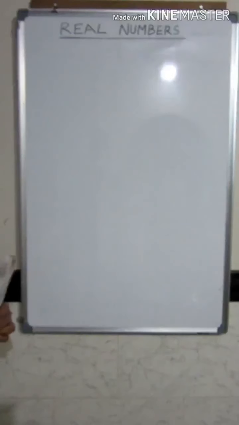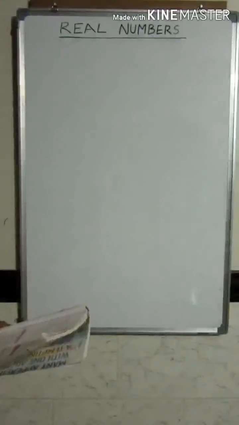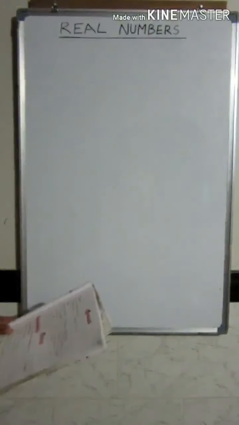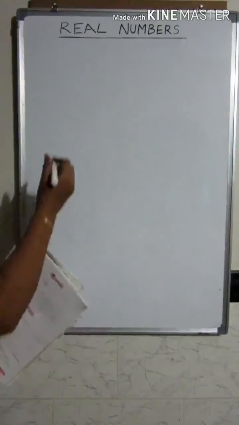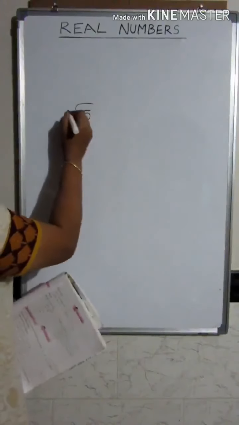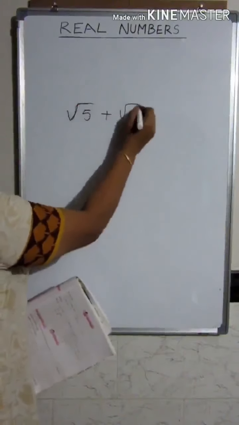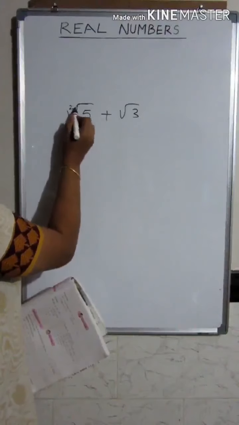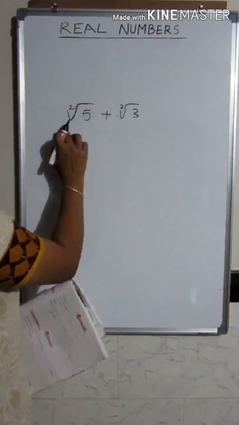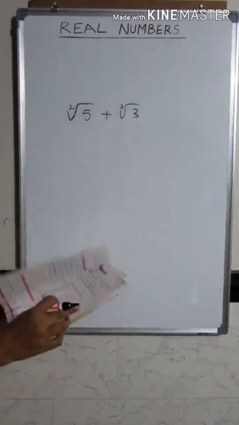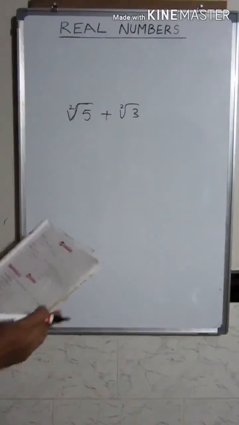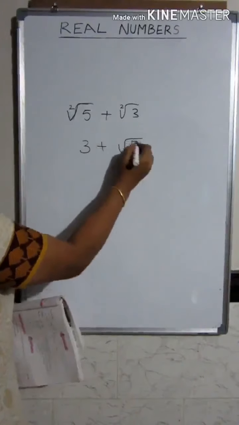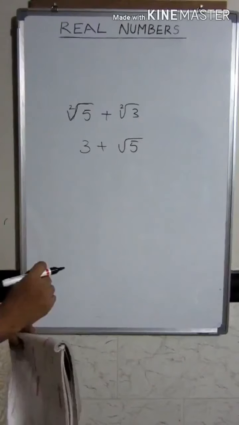The same way, a binomial quadratic surd means a surd which has two terms in it. For example, if you have root 5 plus root 3, these are two terms and it is a quadratic surd because the power of the surd here is 2, so it is called a binomial quadratic surd. Suppose you have even one rational number and the other is a surd, even this you call a binomial quadratic surd.